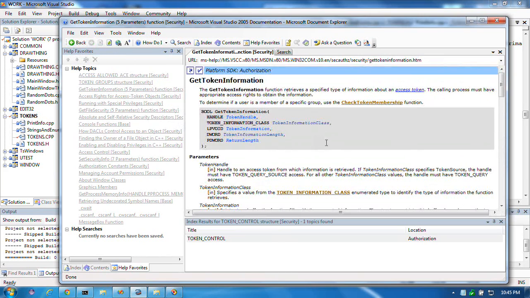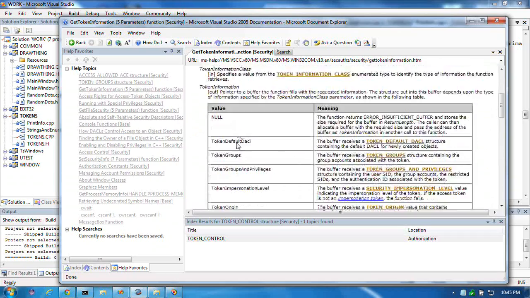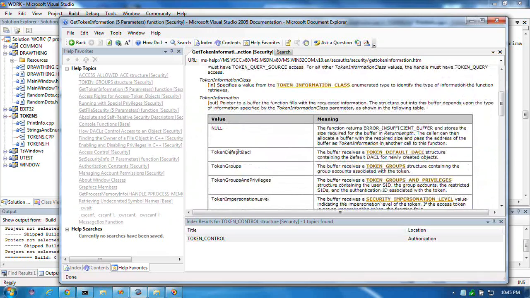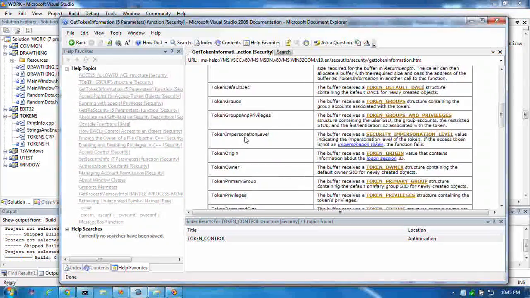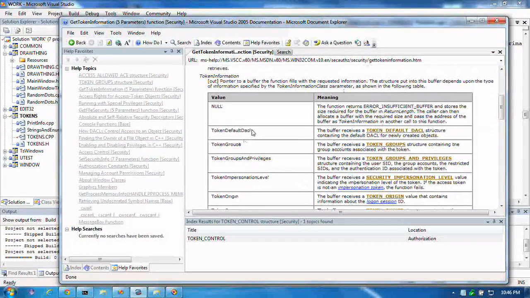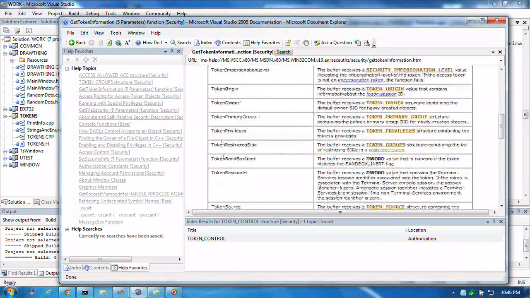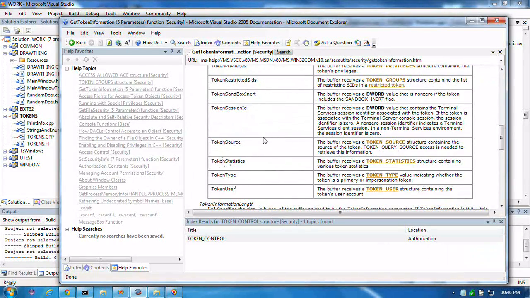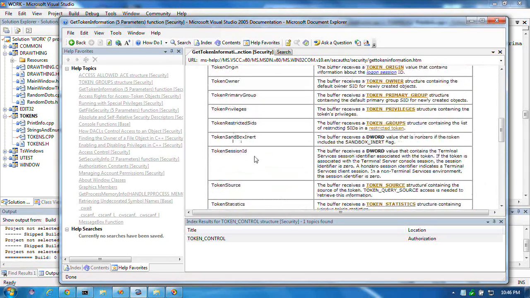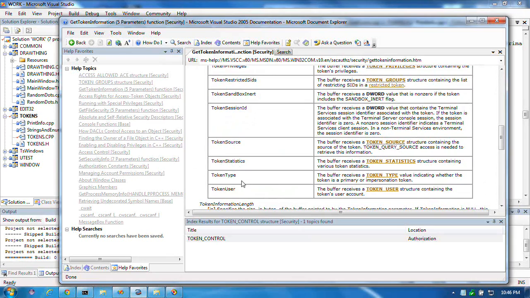Get token information. Here are the various flags you can pass in. They don't look like flags, but they are. And it's too bad for me that I didn't realize that you can combine these things. Well, actually, maybe you can't. Maybe what I read wasn't right. I read something where somebody said, use this flag and that flag together, and then you'll find out some special thing. But I don't think